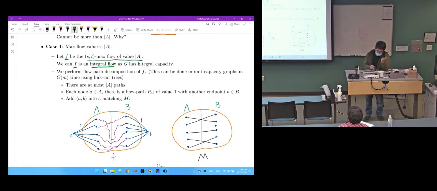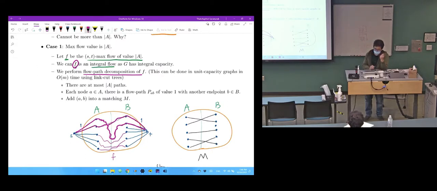But once you have that, you can say, okay, let's look at this F. Then you can decompose the flow into a collection of paths, right? Any ST flow is really a collection of ST paths combined together. For example, you can get this kind of ST path, maybe this one too,